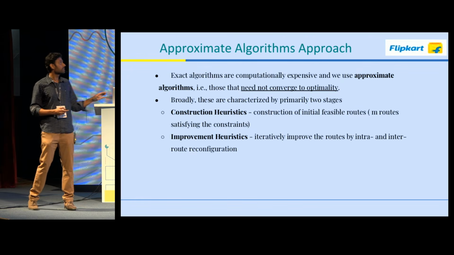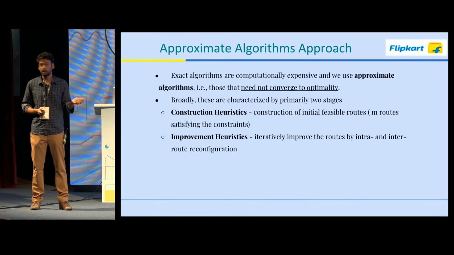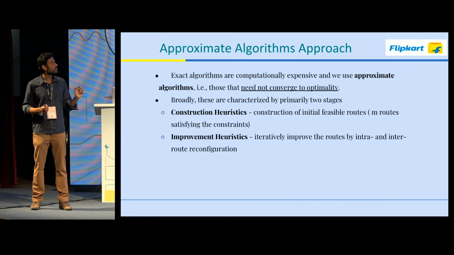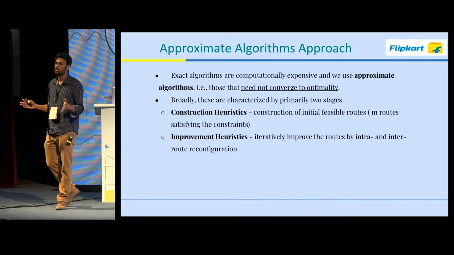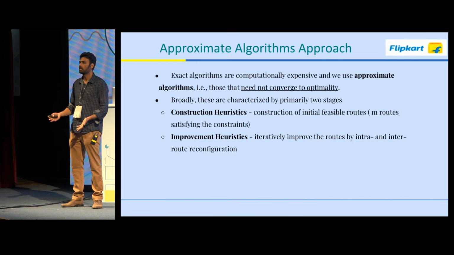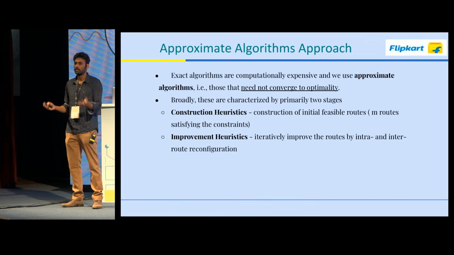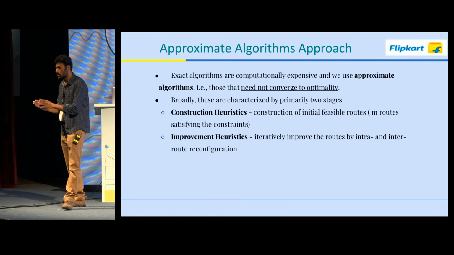So what we actually do is basically the approximate algorithms, right? And so here, in the case of approximate algorithms, even in principle, they need not converge to optimality. That's important to remember. There are time constraints and everything, but even if you let it run to infinity, it need not necessarily converge to optimality. Great. So now, typically, not always,